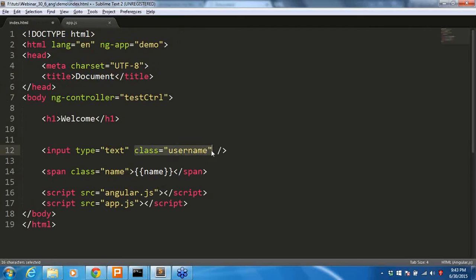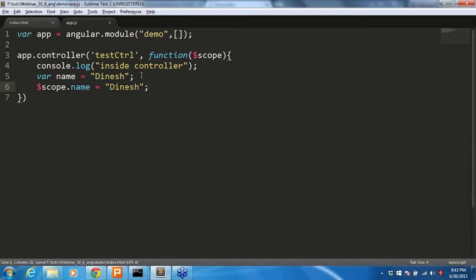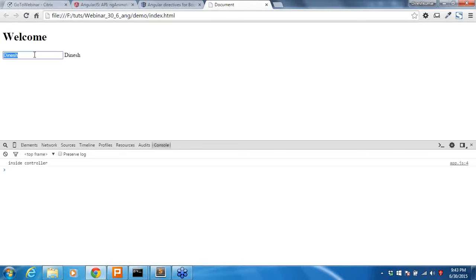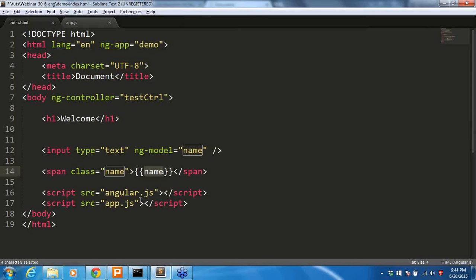Let me just delete it. I don't want this name and other things because I'm not going to do any other DOM manipulation. Let's create this ng-model equal to name. So whatever variable I created, the data will be available right here. If I change the data on this model, it updates my scope variable, then this variable also gets updated. Here I'm not going to write a single line of other JavaScript code. Refresh. Now I have this Dinesh. Let me edit this. Whatever data I'm giving, it is updating the model automatically. Basically I'm changing the view, and it is updating the model. Right? This is two-way binding in AngularJS.